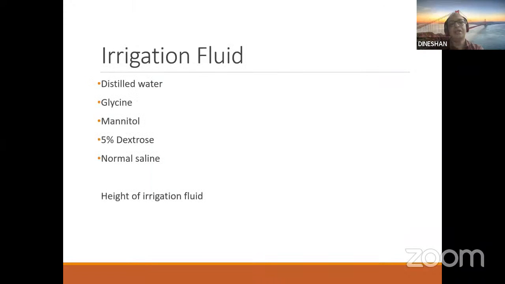And coming to a little bit of theory about the irrigation fluid used. The commonest irrigation fluid used is glycine 1.5%, and the other thing is distilled water. These two things are commonly used.